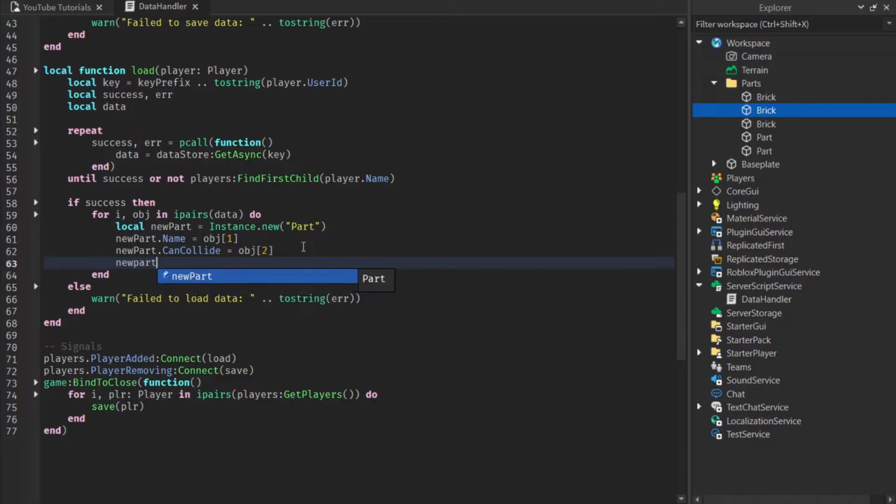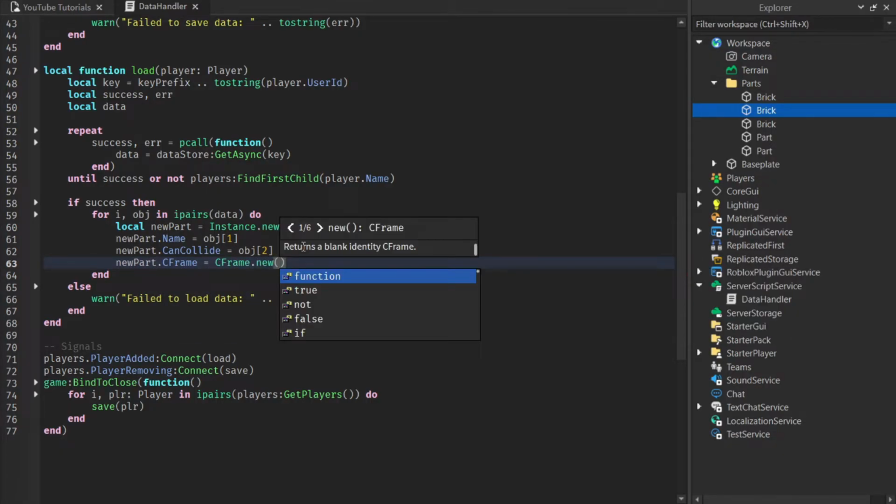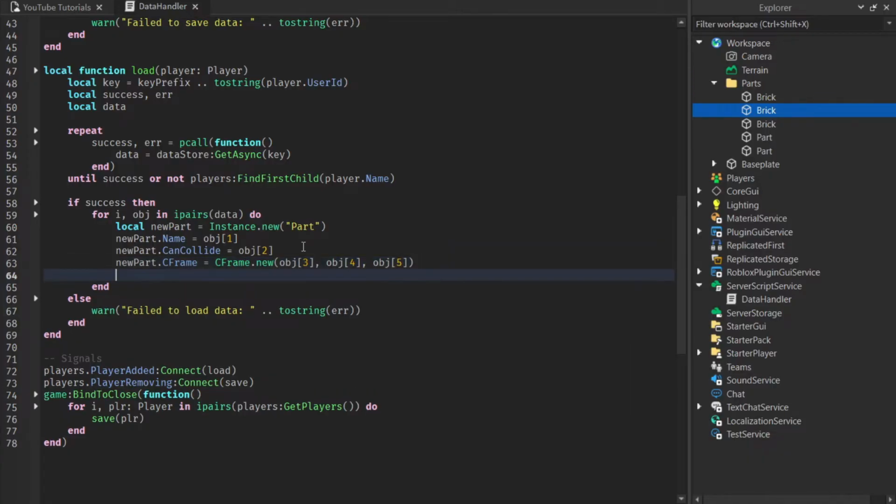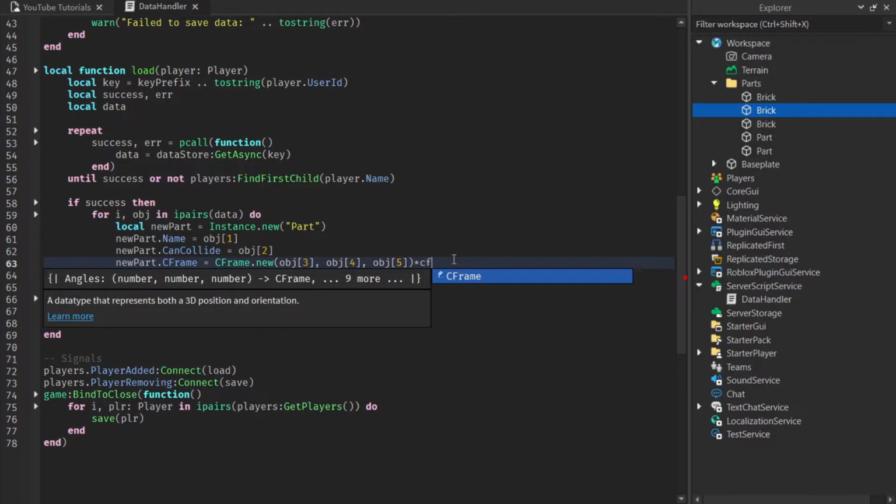So we say newPart dot CFrame is equal to CFrame.new, and we just give it obj3, obj4, obj5, and then for the rotation, all we can do is just say newPart dot CFrame times equals, this is the same thing as saying times something,